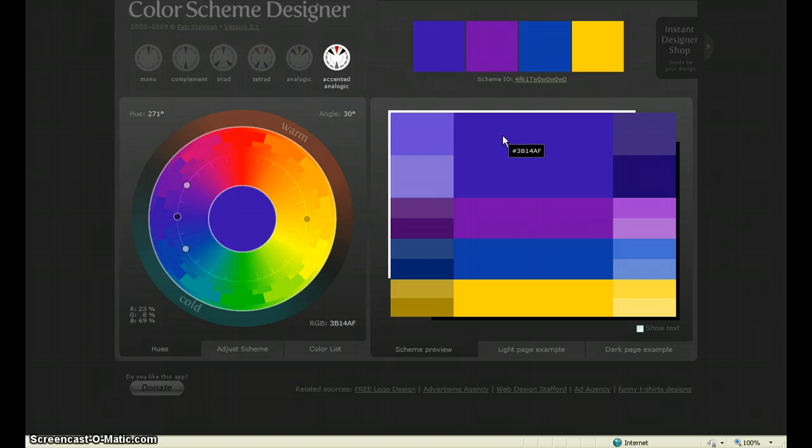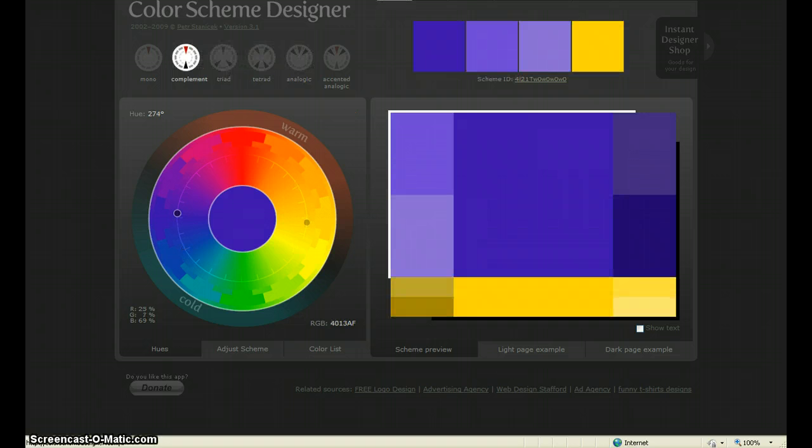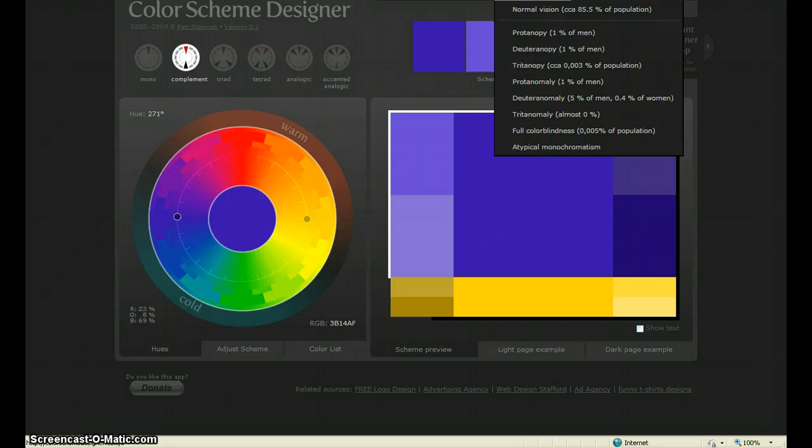The very nice thing about this app is right here, it gives you a scheme ID, and it also allows you to see the 4 basic colors which are chosen. It allows you to undo, has an undo button which undoes all your last choices, is up at the top. It has a redo, a random for a randomized palette, visual simulation. It will show you different ways in which colors can be chosen based on full color blindness, atypical